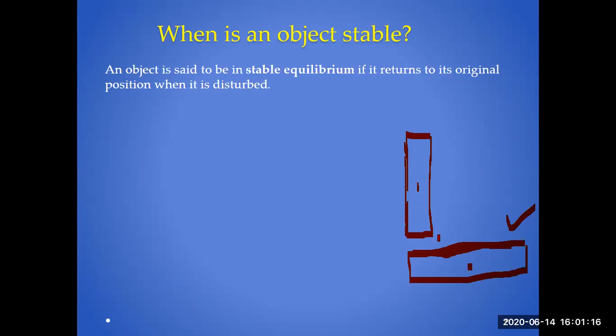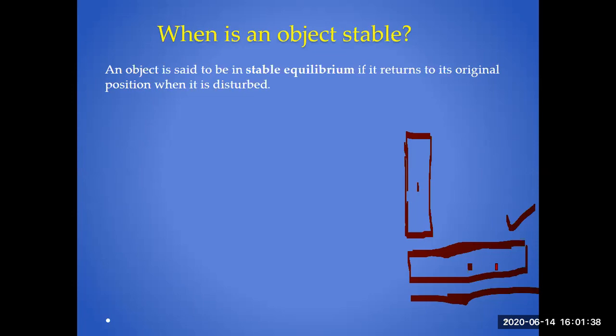Point is this one. This is the same book. If it is laying horizontally like this one, then it's more stable. If you disturb it, you apply a force, its position is disturbed. And if you remove the force, again it comes back to its original state. So this type of equilibrium is called stable after removal of the force.